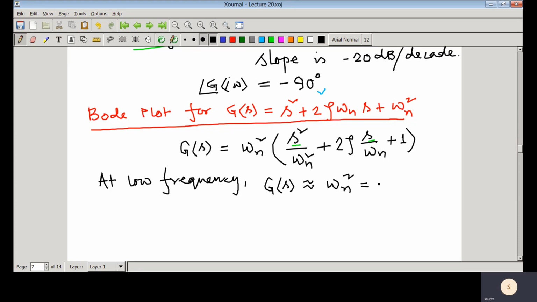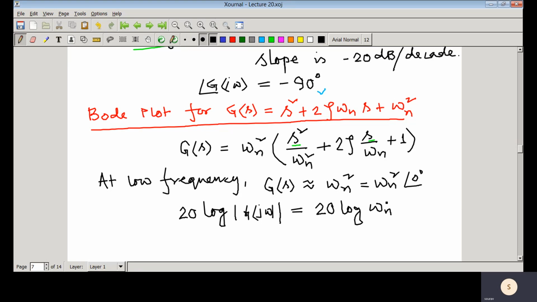So we can write that this is omega n square angle 0 degree. So in dB scale, that would be 20 log |G(j omega)|, whenever this factor is that second order factor G(j omega). So this one would be equal to 20 log omega n square. And we can see